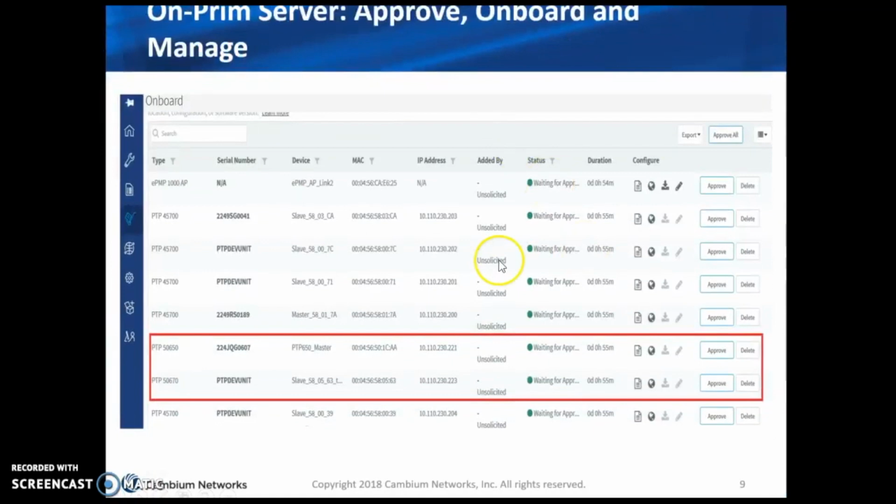queue where it will show all the devices waiting to get approved or already onboarded. So this is the device we are trying to onboard to the on-premise server. Under Added By, right now it shows unsolicited, and if you are using the onboarding method as MAC address, it will show as MAC address, and it will show as Cambium ID in case we have selected the onboarding method as Cambium ID. The status shows waiting for approval, and we have the approve button here. If you click on approve,